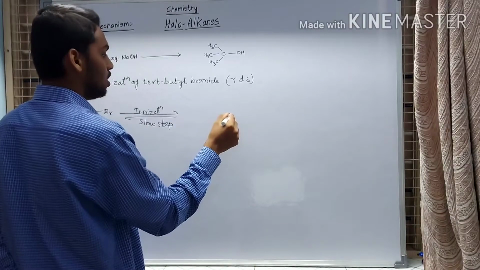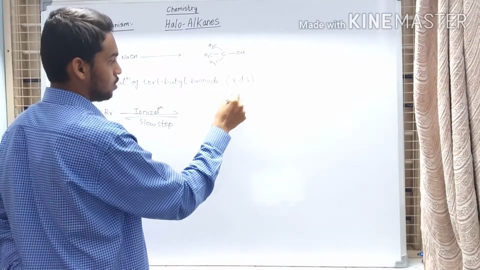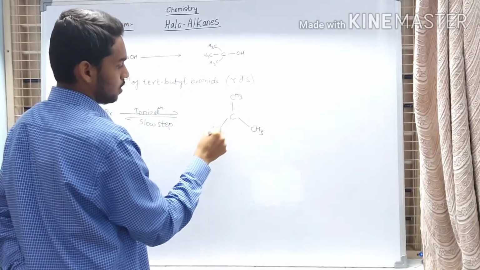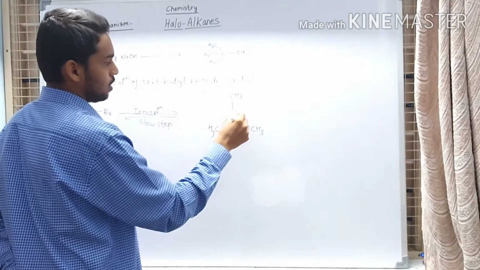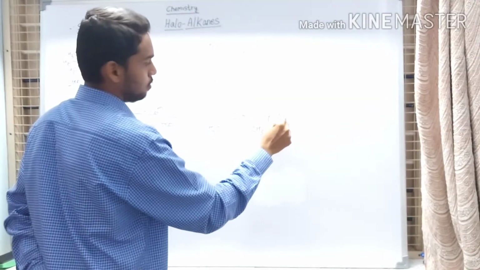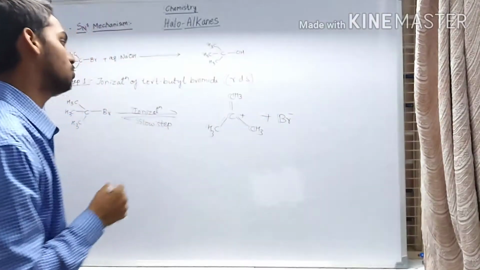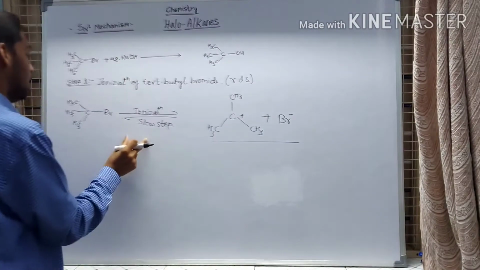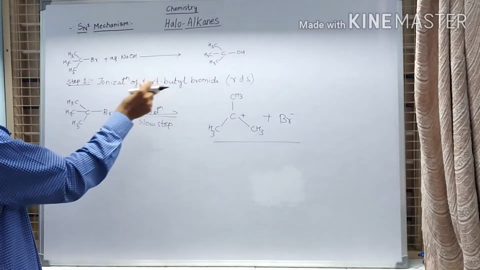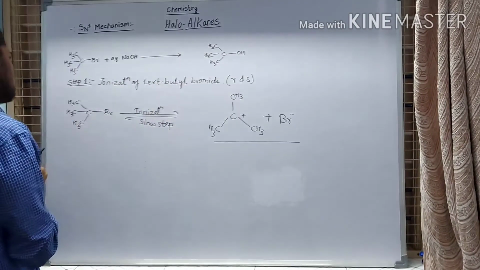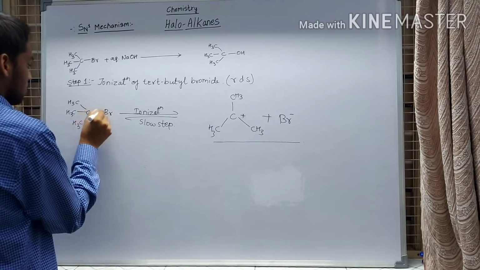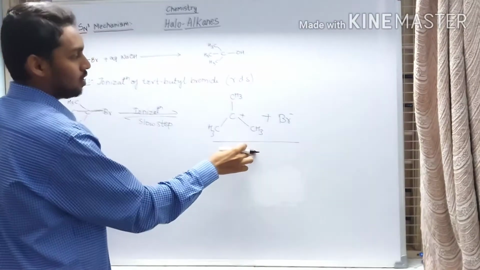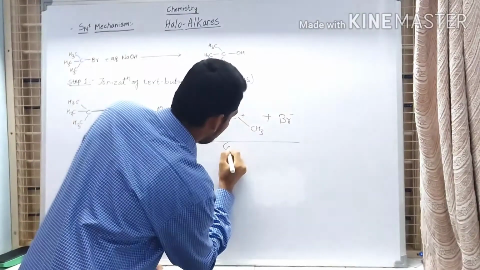When I ionize it, it is going to leave out a carbocation plus Br minus. These are the products I am going to get from ionization of tertiary butyl bromide. Right now, I will make use of this carbocation. This is the carbocation,